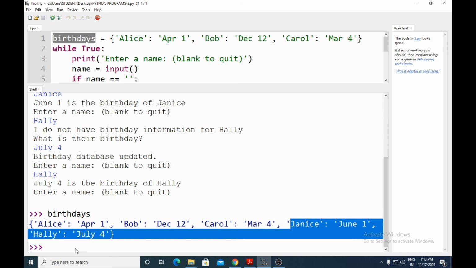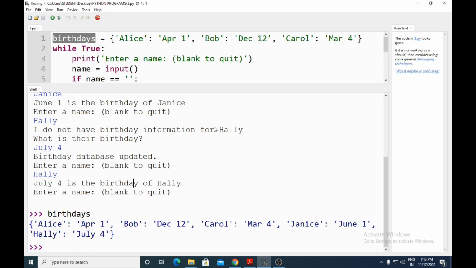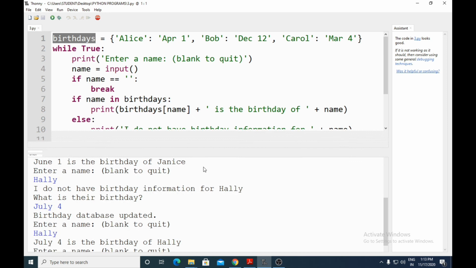So this is a very powerful feature of the dictionary. You can go on giving data to the dictionary irrespective of its data type, because you can give arbitrary varying data types to the dictionary. In this way you can do more operations using a dictionary. I hope you all have understood this program.